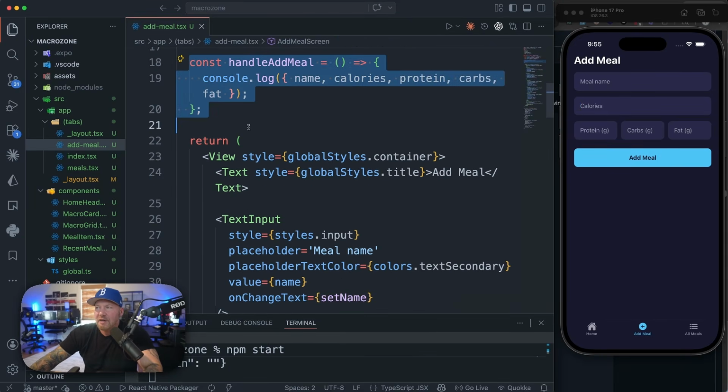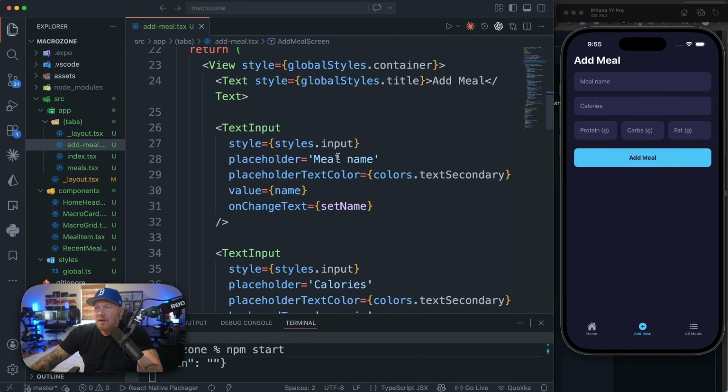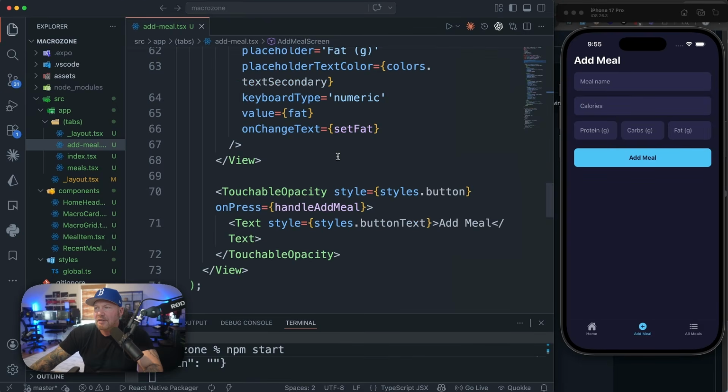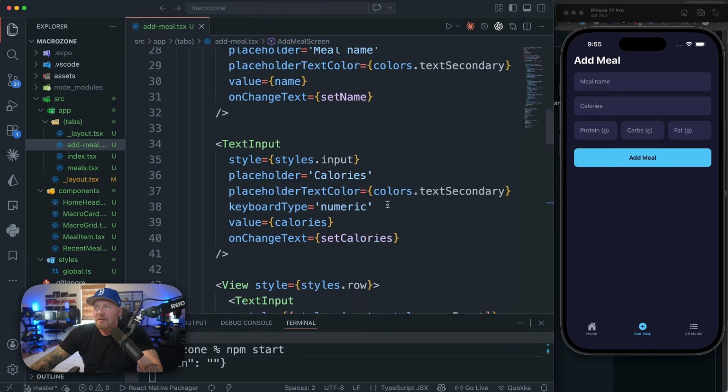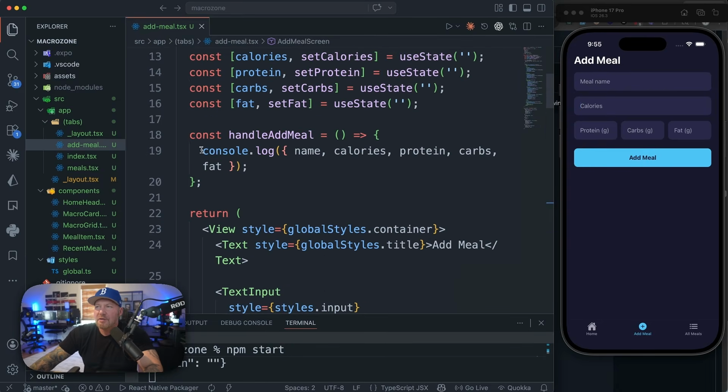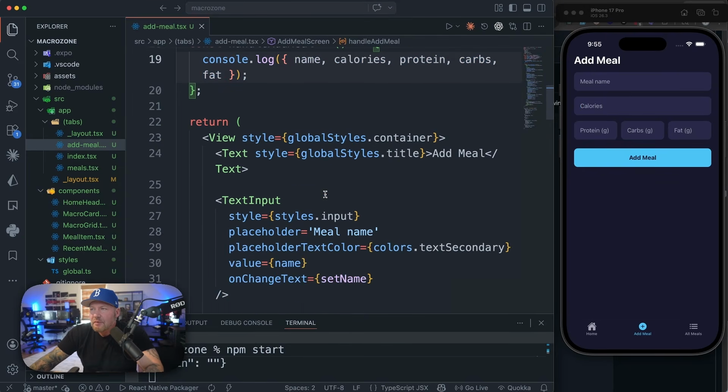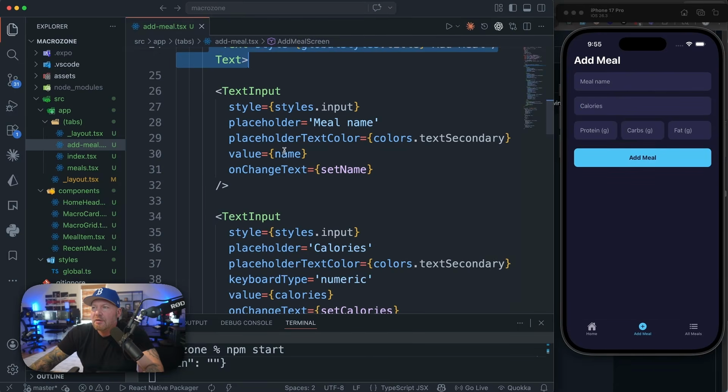There is a function here that's being submitted to, right? So if we look down here at touchable opacity, it has an on press that goes to handle add meal. And then handle add meal is just simply console logging the values. And then we just have a view with the container, we have the title, and then our